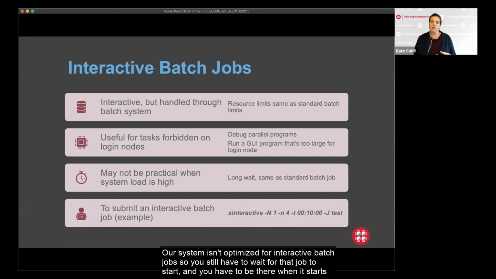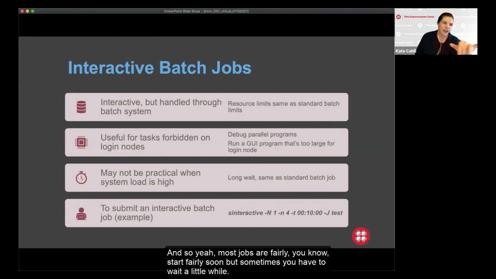Our system isn't optimized for interactive batch jobs, so you still have to wait for that job to start, and you have to be there when it starts to actually take advantage of the resources. So it can be a little difficult. Most jobs start fairly soon, but sometimes you have to wait a little while.